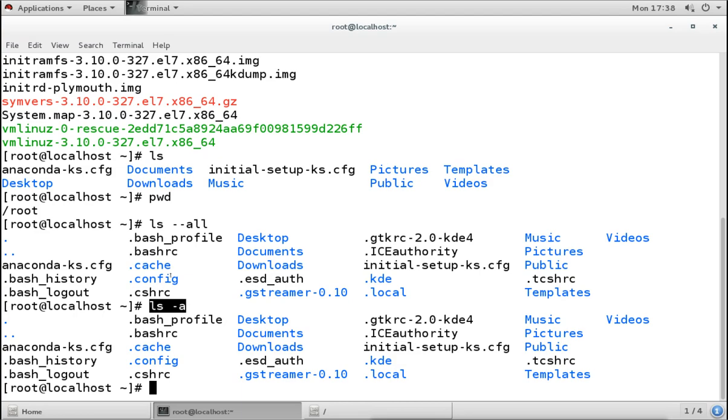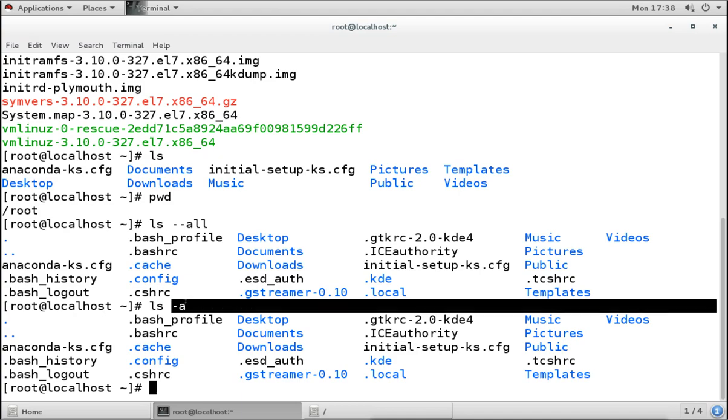Now same as this, we have multiple other options with this ls command, and not only the ls command, with every command of Linux we have multiple options, and those options add some functionality to that command. Now we can add multiple options also.